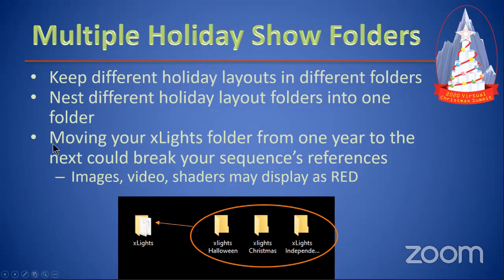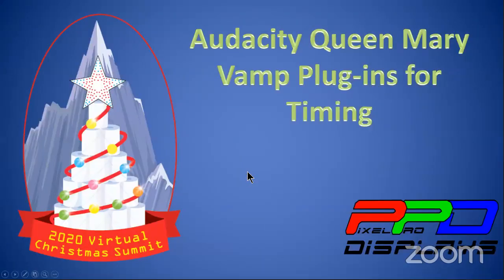Moving your xLights folders from one year to another. So if you pick this up and this is year number 2 for your Halloween, and you throw it into your Christmas folder, if you have any images or things in there, it might break the links to images, videos, and shaders. They may display as red. Because if you move one specific location for your images, then that might break a sequence and it might not show up the right way. That pretty much is the summation of the file structure,